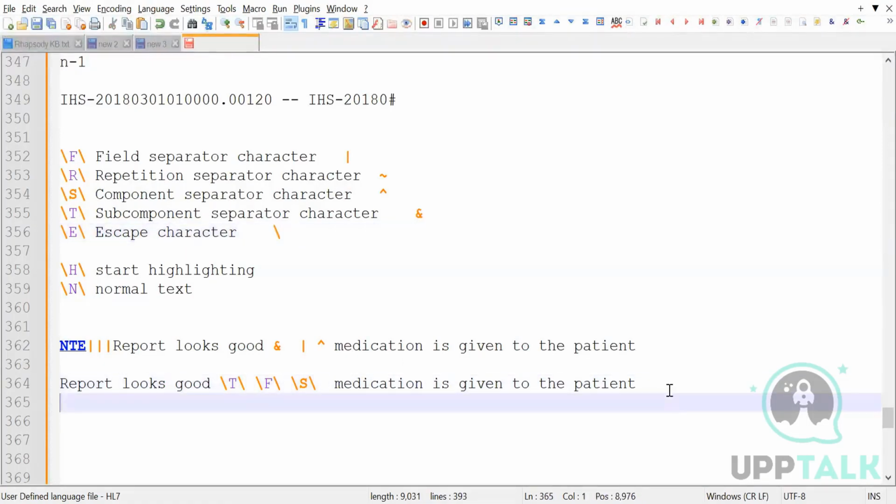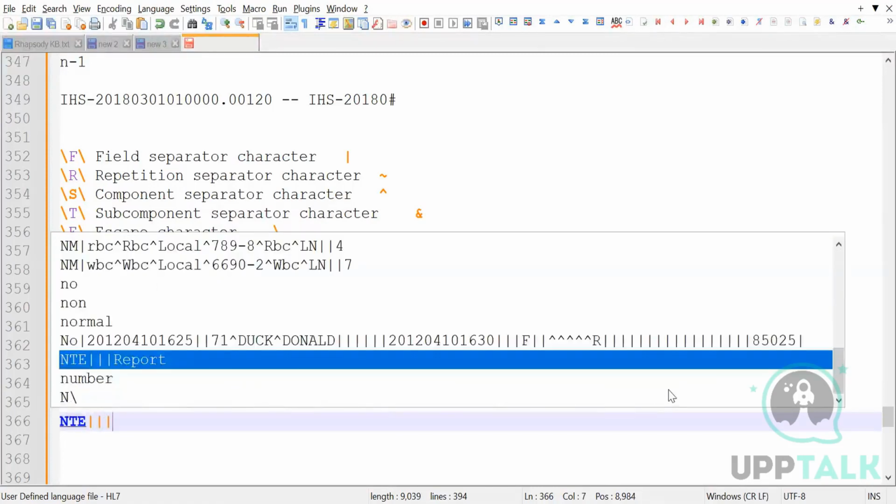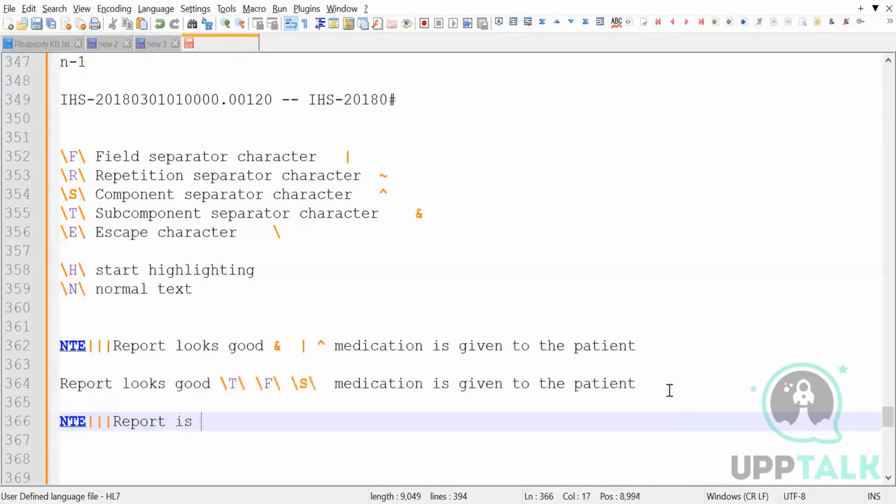Another thing which HL7v2 has done is, let's say there is another NTE segment where you want to tell the end application something in bold. Let's say the report is critical. I don't know what criticality is there in the report, and you want to highlight it so that it should come on the application in bold. You have seen, right? I'm not sure if anybody has seen the reports. If you have an abnormal range,